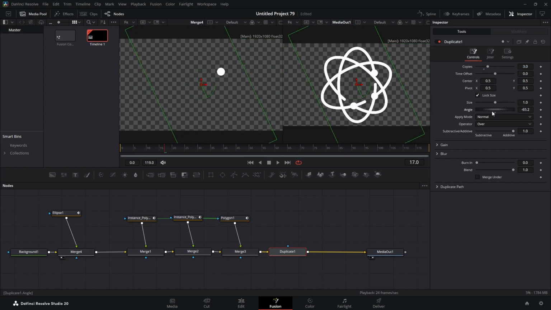We're going to drag that to the left, and we're just going to rotate that until you think it looks like an atom. With these 3 balls in a good triangle, it looks pretty good. So that's looking pretty good. So now we're going to make sure our media out is in viewer 2, which it is. We're going to bring in another ellipse